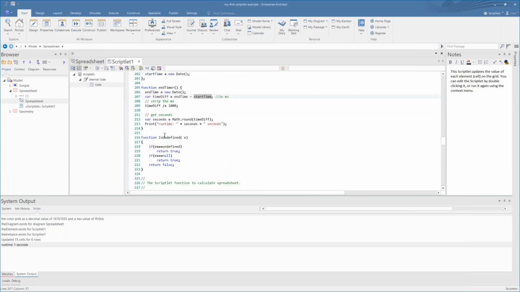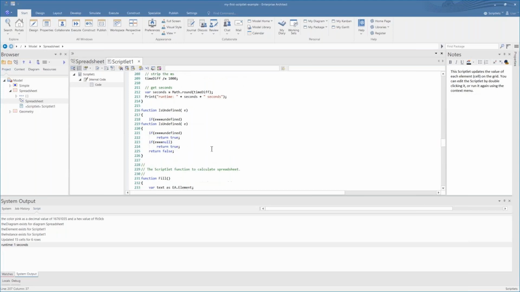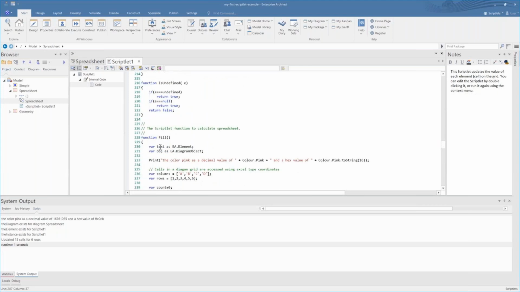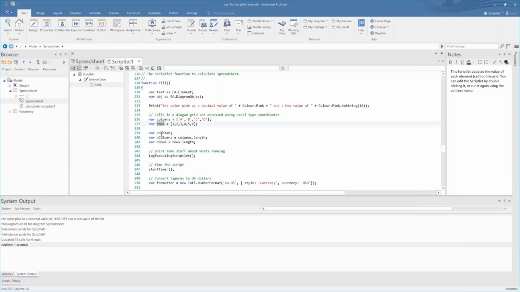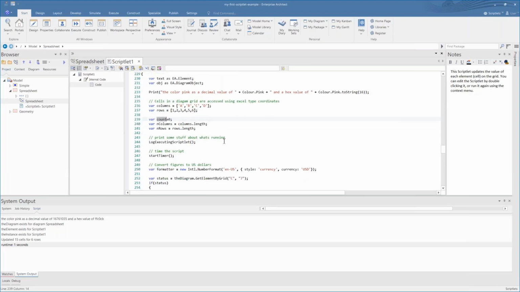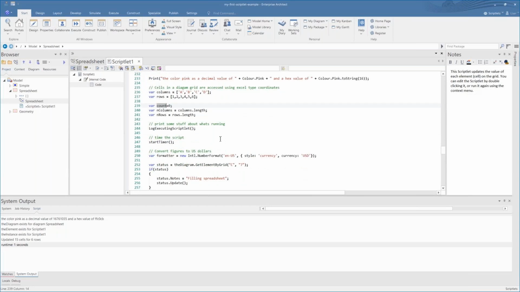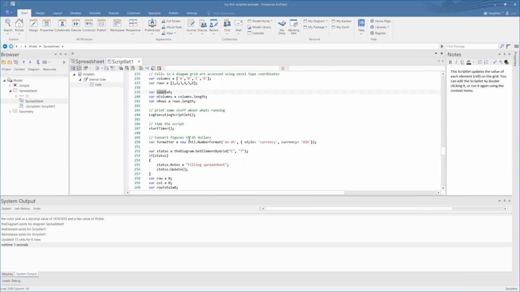So that's where you say runtime is equal to 1 second, and the fill basically adds each row and then performs the subtotals in order to calculate the total. And down the bottom there's a simple variable which sets the currency style to US dollars and publishes that accordingly.